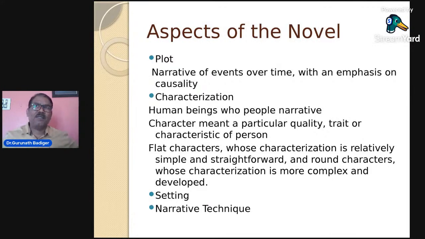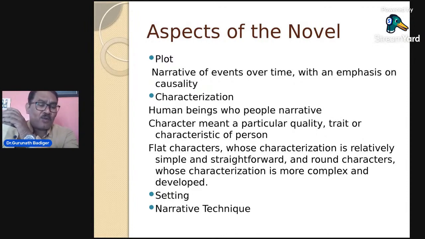Time and space. If it is The Sword of Tipu Sultan by B.S. Gidwani, the novel is set in 18th century Karnataka. If it is The Return of the Aryans by Bhagwan Das Gidwani, it is set in ancient India or prehistoric time. If it is Chaman Nahal's Azadi, it is set during the time of partition. So, setting of the novel, or you are reading A Tale of Two Cities of Charles Dickens, which is set in